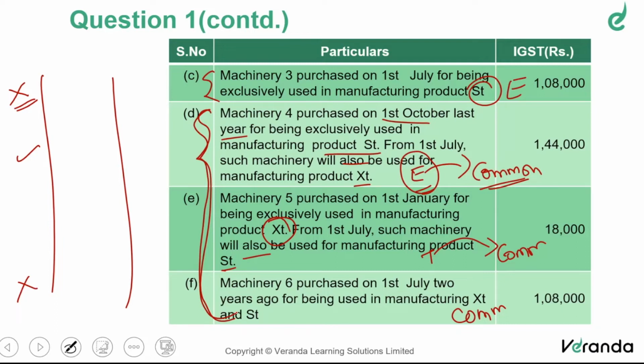So you're on the right track, but the idea is very simple. Need not divide by 60 and all. This 144, please note, my question was, can we avail this fully? Answer is yes, you can avail fully. But step number 2 also you have to do. This ITC we will avail fully, but we have to add something as output tax, which is typically ITC reversal, but we have to disclose this as output tax.